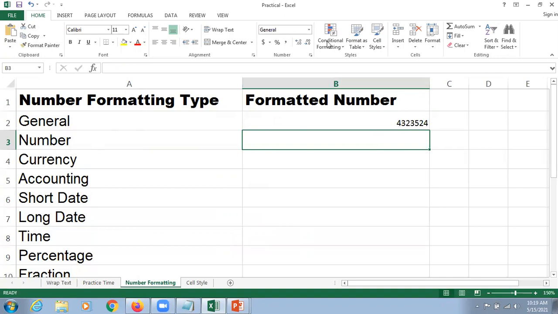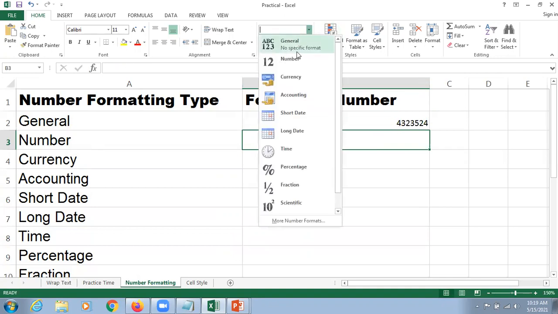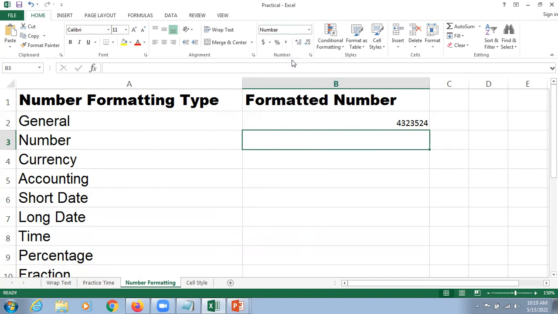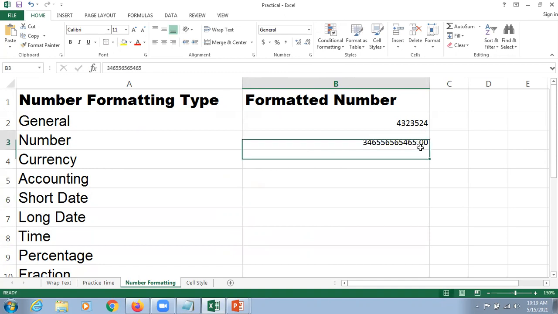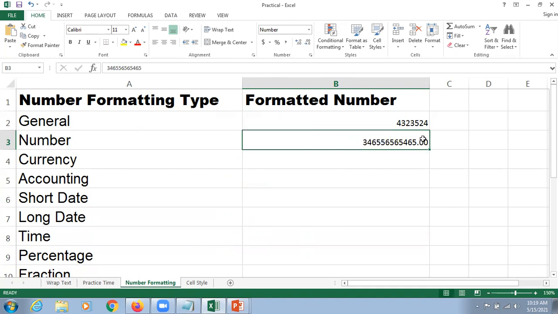What happened? When we select it, apply a number here and hit Enter, the number is displayed with decimal points, and there are two values after the decimal. So, my dear respected student, this is a very important thing that we have here.